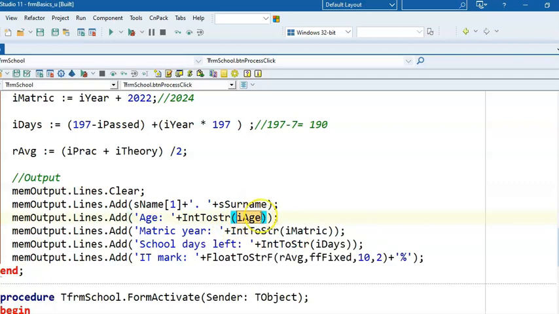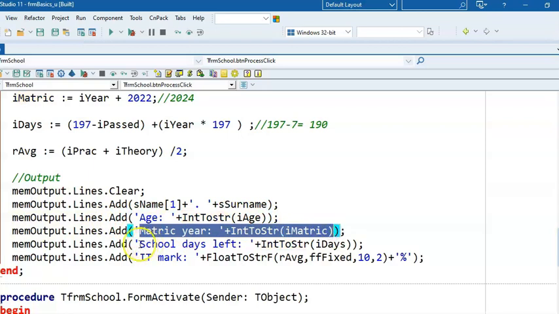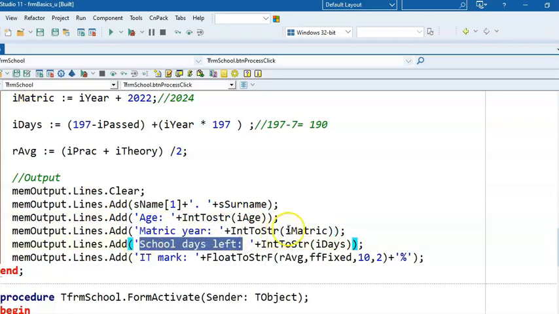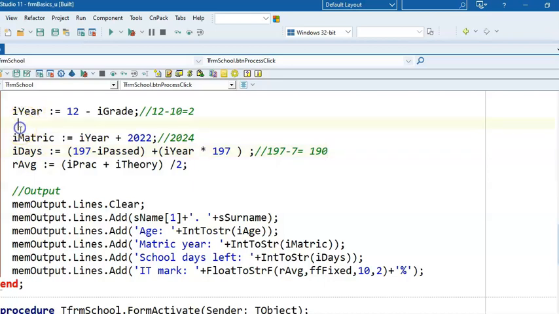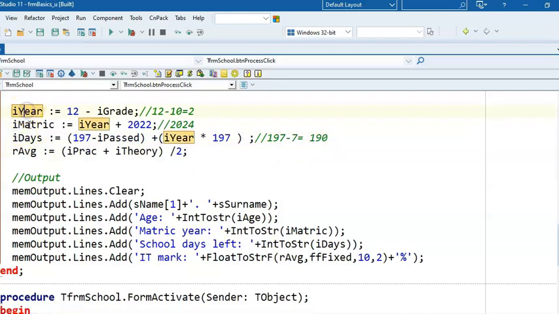What is important is that int to string has open brackets and closed brackets, but then we also have an open bracket and closed bracket here for the memo. Same for rich edits. The same process needs to be followed for matric year and for school days left, using the appropriate variables that we have used up here at the top. So there you can see all your variables. There's I year. I need to display I matric, I days, and now I'm going to display our average, which